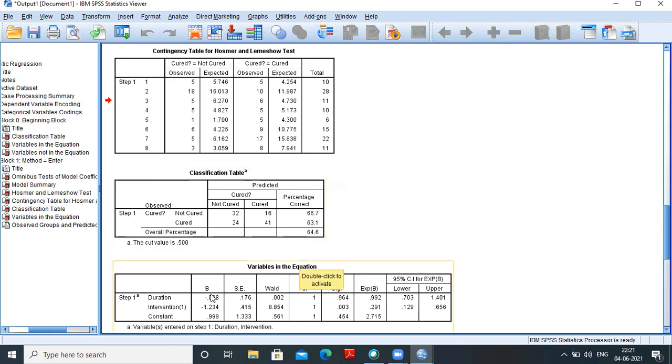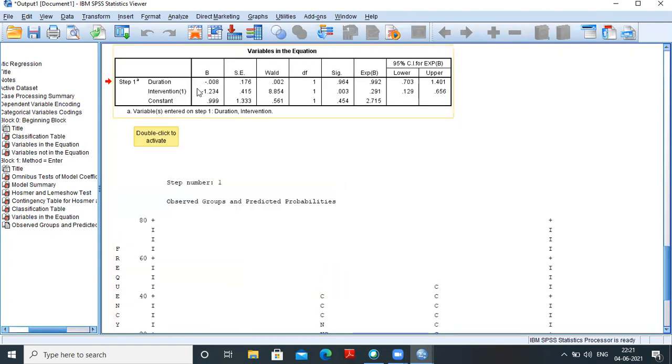Now, variables in the equation. Now I have taken independent variables also. So the equation will have a constant, intervention, and duration. All three parameters will be there, which we have to estimate. So the equation will be 0.999 minus 1.234 intervention minus 0.008 duration.